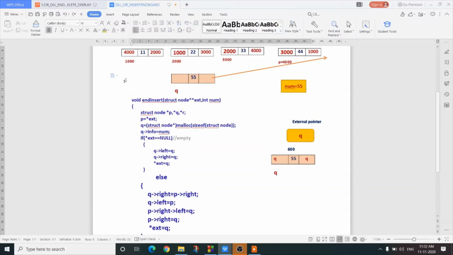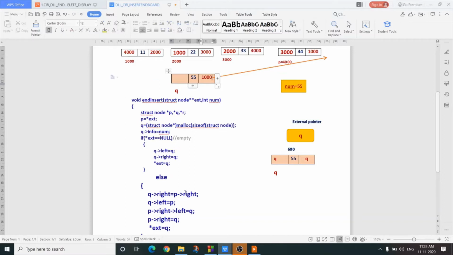So this is the case for empty, means if initially our linked list is empty. Otherwise, normal case means I want to insert our newly created node Q at the end of this circular doubly linked list. So this is P node, this is Q node. I want to insert Q node here. So what is Q arrow left and what is Q arrow right? Q arrow right should be P arrow right, because when I insert Q node here, the next node of Q node is 1000. From where I can get this 1000? It is P arrow right. So Q arrow right should be P arrow right, that is 1000.